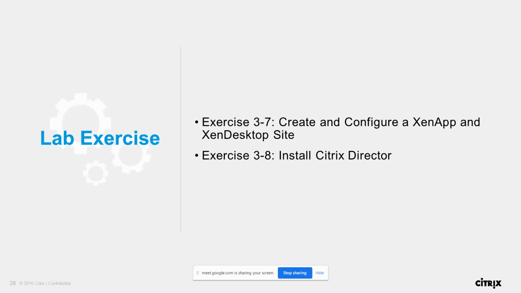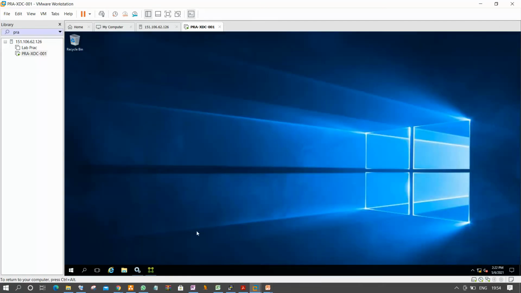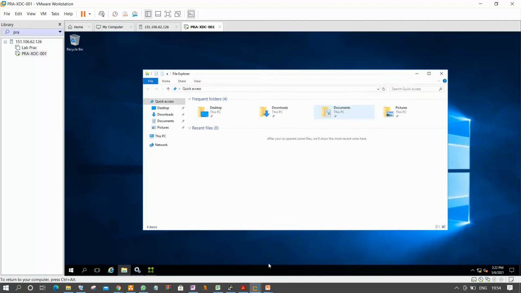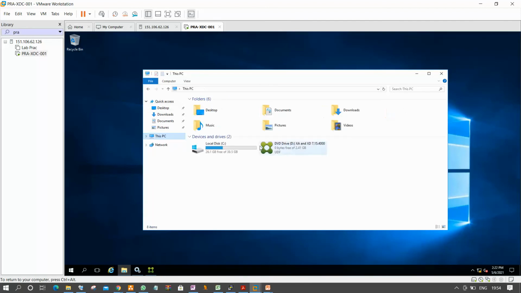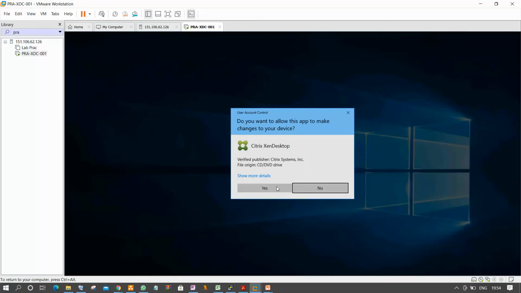Now exercise 3.8, install Citrix Director. Very simple. On the same machine, just open File Explorer, open the XenApp and desktop setup.